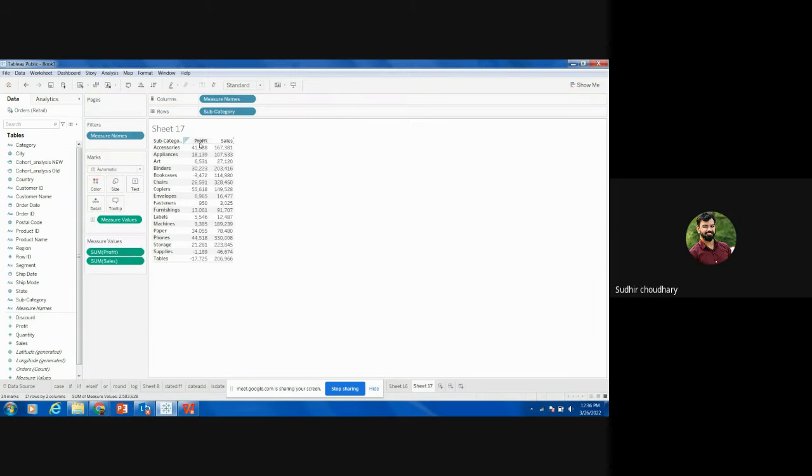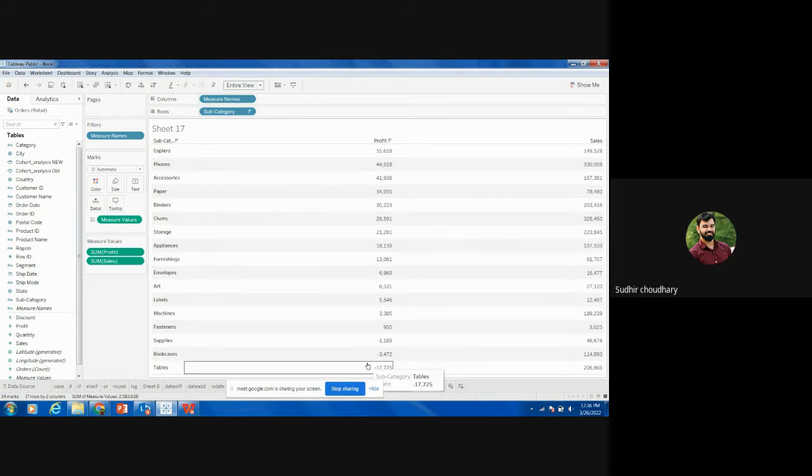Now you are able to see the profit and the sales. Clear? Now you want to arrange the data in ascending and descending order. So just click on that profit or maybe sales you want to arrange. So I want to sort this data based upon the descending order, right? So I just click here. See this, every value will be assigned from top to bottom. The maximum profit would be on the top and the minimum profit, or you can say the loss, will be in the bottom, right?